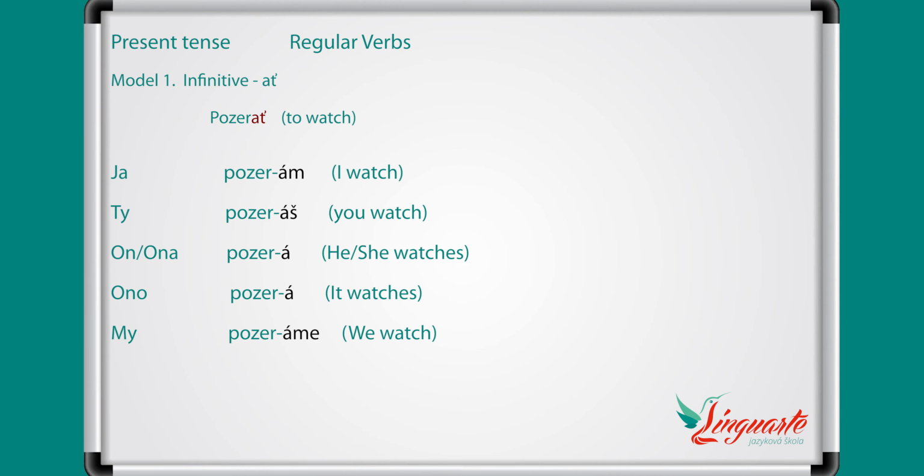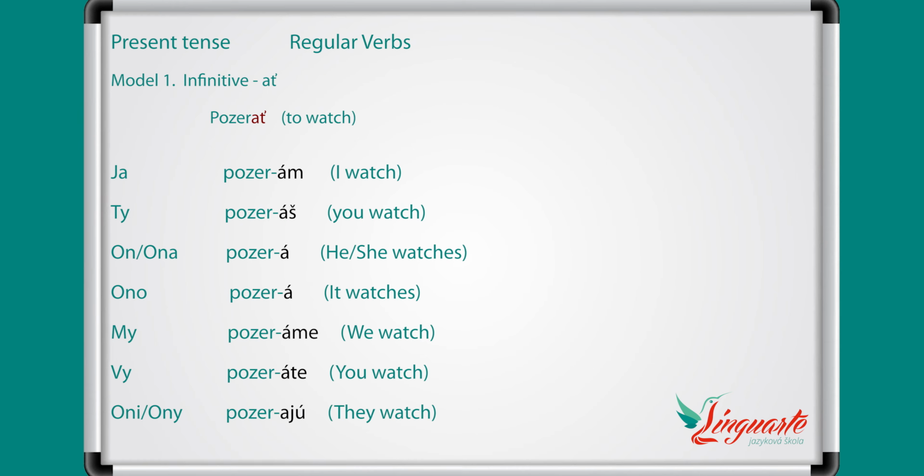My pozeráme, we watch, ending áme. Vy pozeráte, you watch as a plural, with ending áte. Oni pozerajú, they watch, ending ajú. Other typical verbs from these groups are čítať, to read, mať, to have, poznať, to know someone, hľadať, to find,